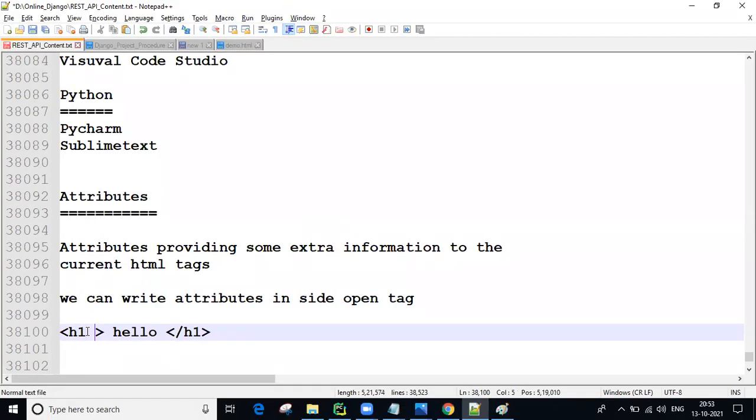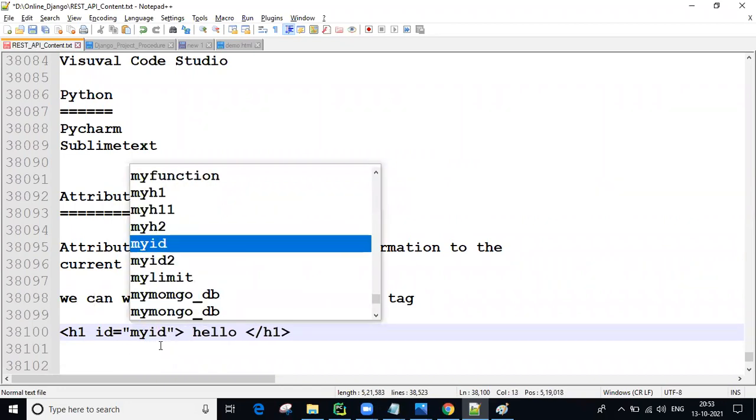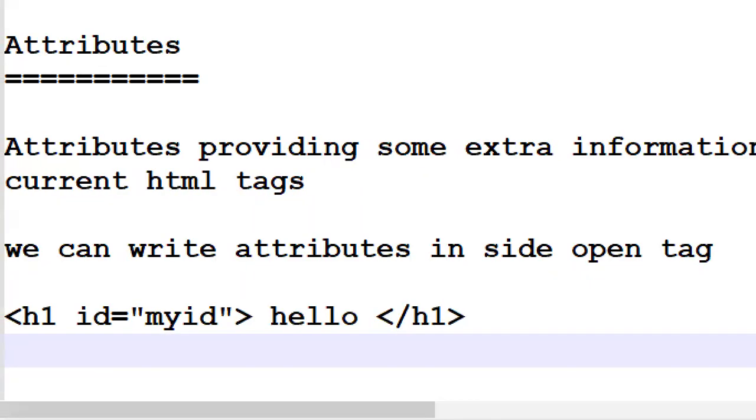I'm going to write here, for example, id equal to my id. Any name you can take, guys. Key equal to value, simply name equal to value. The attribute syntax is name equal to value. This is the syntax, guys.